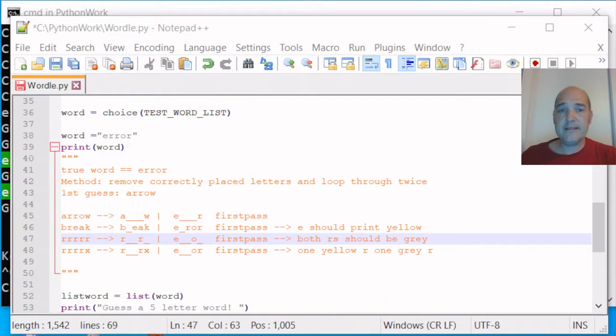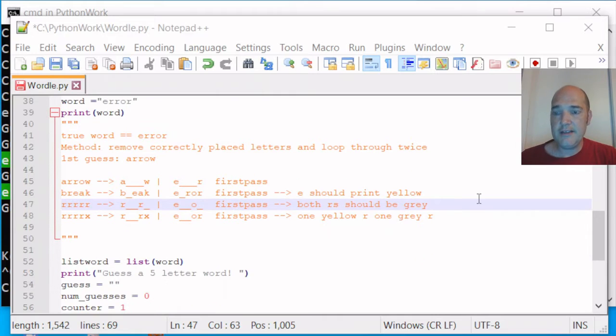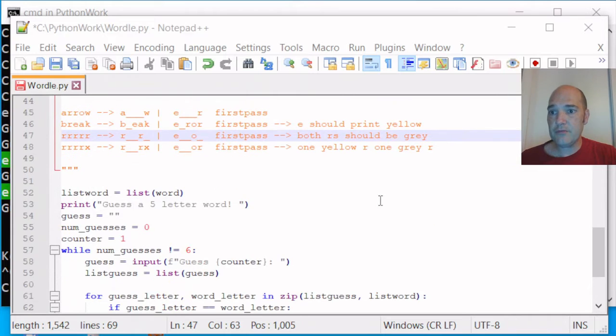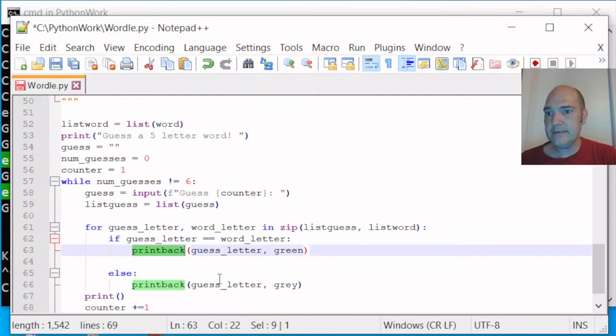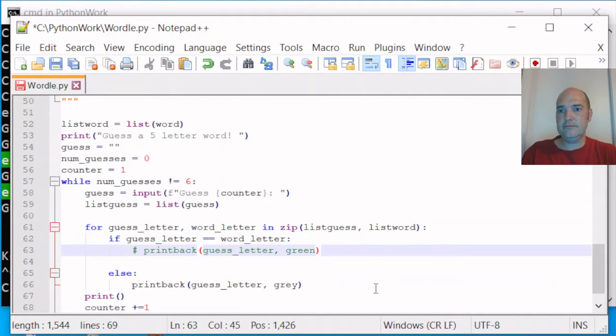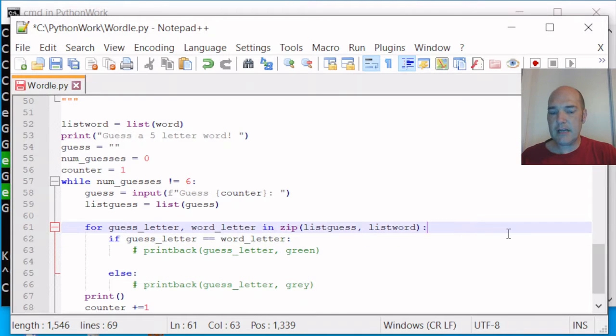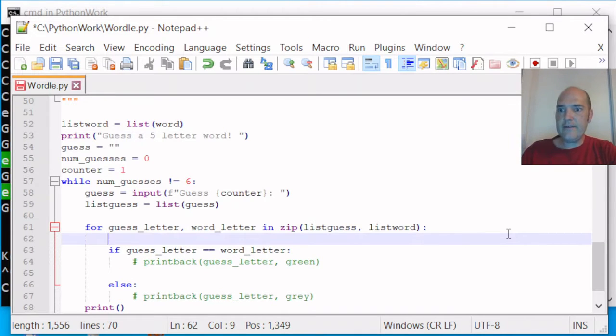Last time we made this logic here that we've printed on the screen as a large comment to set up the behaviors that we expect to happen, and now we're going to make them happen. To make them happen, we'll scroll down a little bit, and here in our loop where we're printing the letters green and gray, instead of printing them green and gray, I'm going to comment those things out for the moment. We're going to come up here, and inside of our for loop,